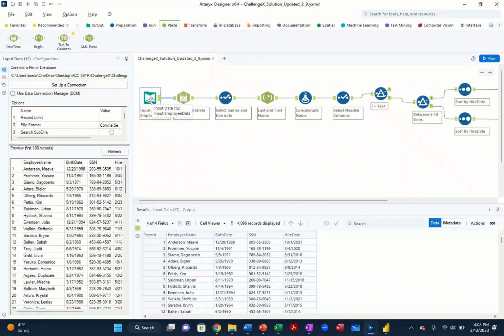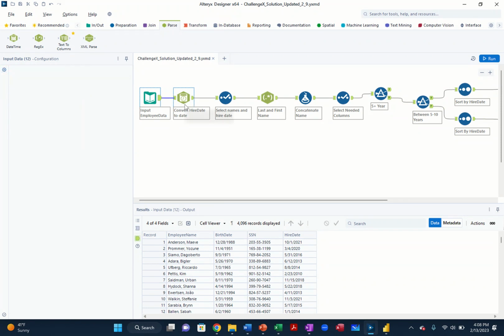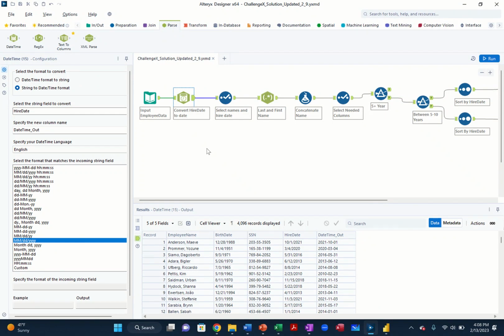So this first tool, just inputting the data into the workflow. Second one, never used this tool before. It's called date time. And this tool will convert strings to dates and vice versa. So when you get the data first into the workflow, the higher date will be a string and we need it to be a date type. So selected the higher date column, give it a new name, random name, and then whatever date works for you. And then